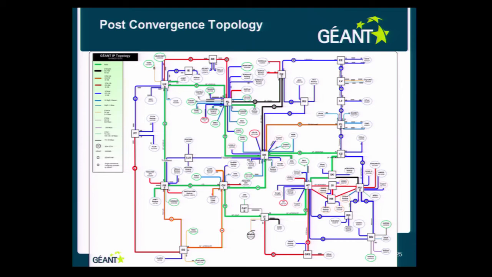You just add your interface into the Autobahn, and you can then go to the web page and create your own circuit to another NREN which is also subscribing to this bandwidth on demand service. These green lines represent the 100 gigs that we have here. So Western Ring and Eastern Ring have 100 gig.